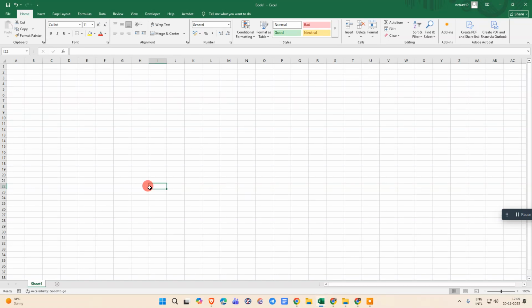Okay guys, so here we are. This is my Excel sheet. Let me quickly put in some values and apply a formula here. In this cell I'm going to apply the SUM formula. Just start with the equal sign and type the formula. I am using the SUM formula. I have to select all the cells which I want to sum, close the bracket, and just hit